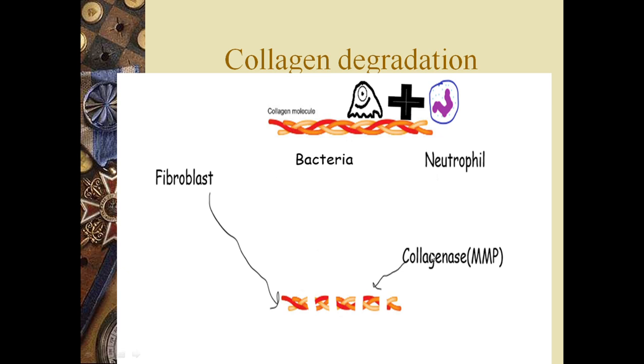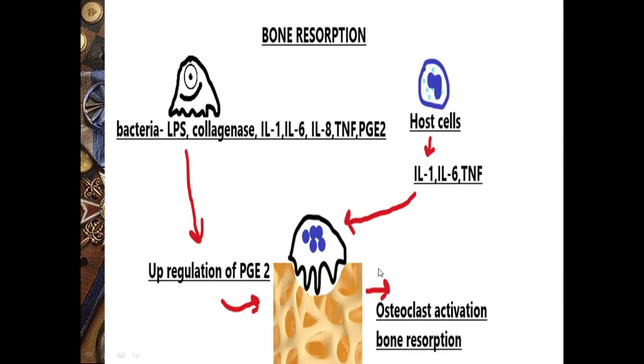Moreover, fibroblasts, both processes are acting on the collagen fiber, which leads to destruction of collagen fiber. And if the inflammation progresses further, then the inflammatory component will act on the bone, which leads to resorption of bone. Bacteria are still smiling because the bacteria now want to have a lunch from this bone.